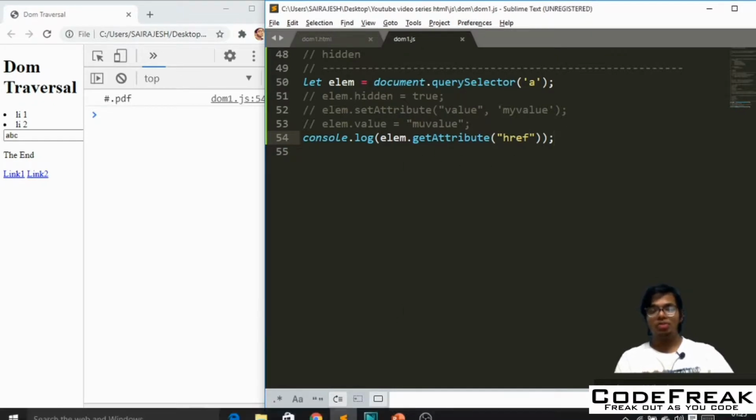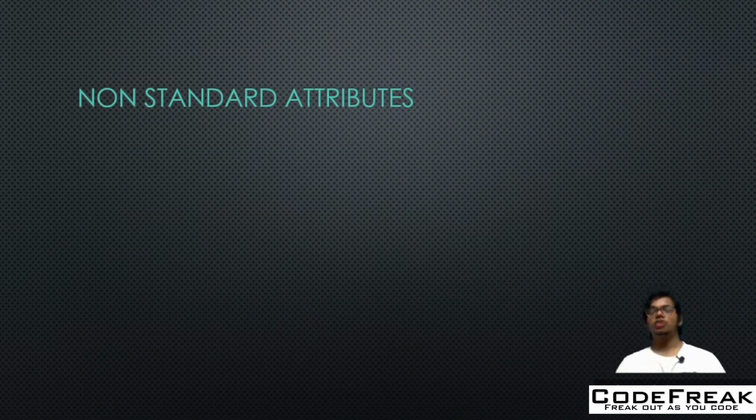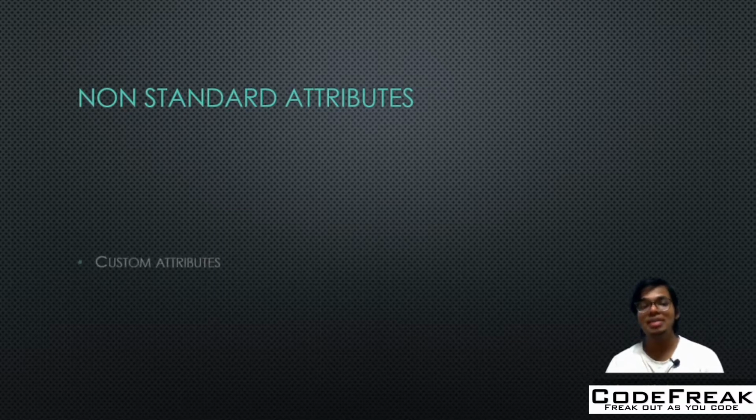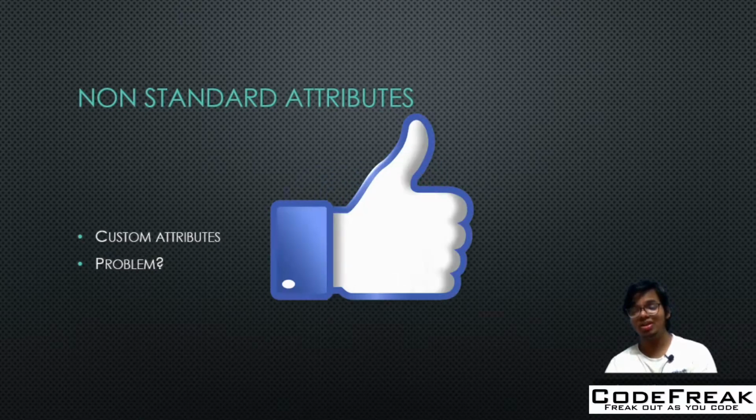Now let's go back to the slides and see one more important concept. We have seen some non-standard attributes, but let's go into a little more detail as to why we need non-standard attributes and why they came about. Because we always try to put our own thing, like we put something equal to XYZ there. These are basically custom attributes that you created, which are not standard. Is it going to create some problem for us? Actually, yes, it can. And what is the problem?